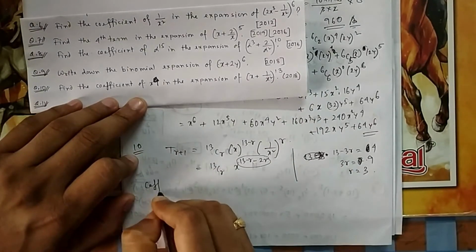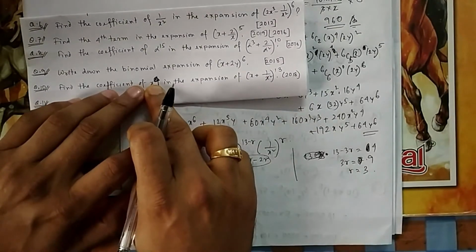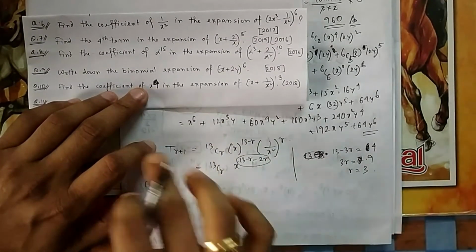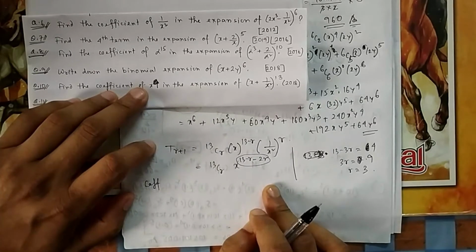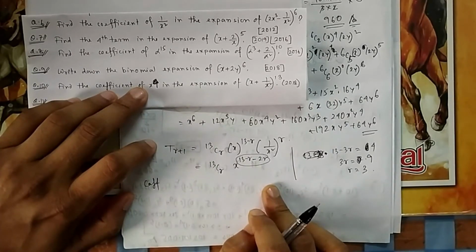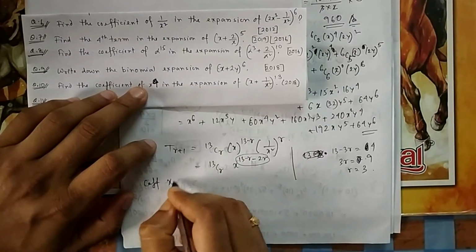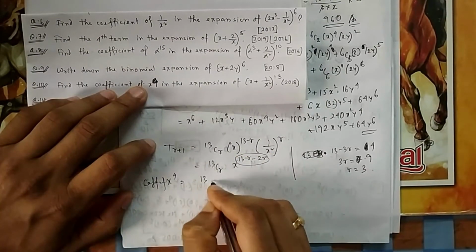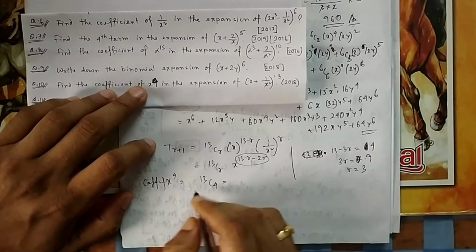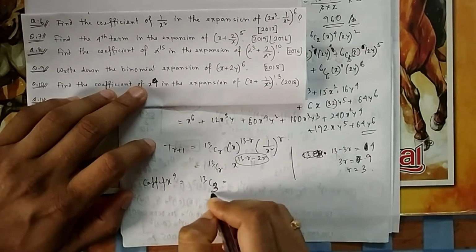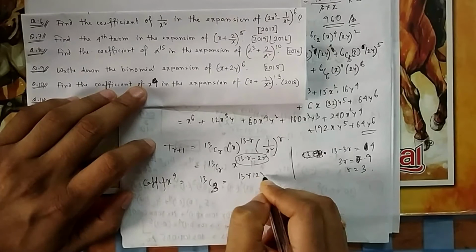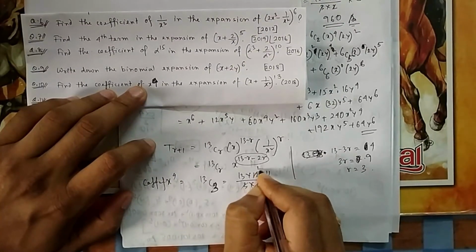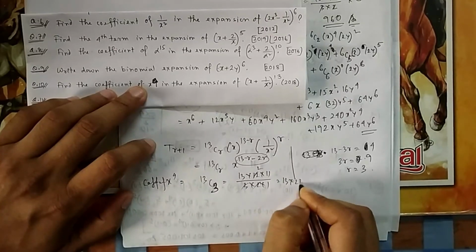Therefore the fourth term will contain x to the power 4. Which term contains x to the power 4? The fourth term contains x to the power 4, but they are not asking which term; they are asking the coefficient of x to the power 4. So this one will be the coefficient, 13c4, sorry 13c3, r is equal to 3. So 13 into 12 into 11 divided by 3 into 2 into 1,